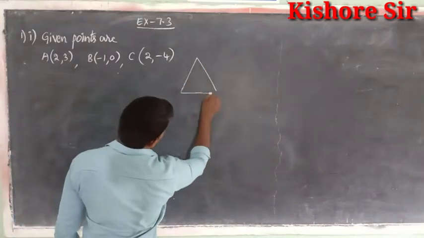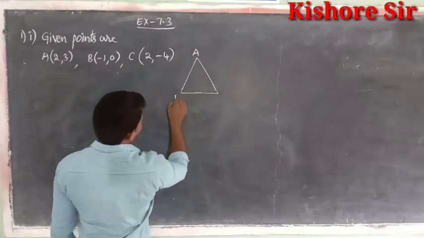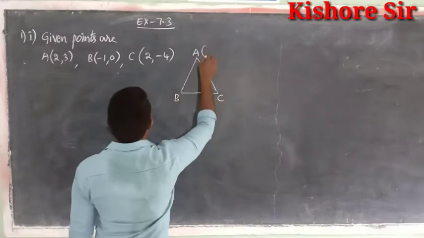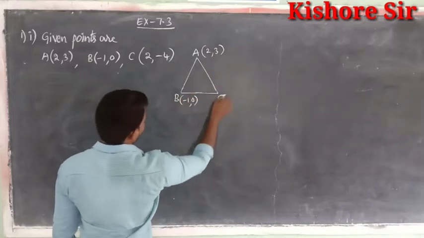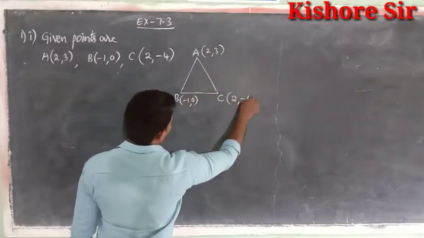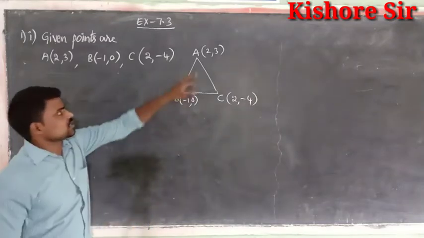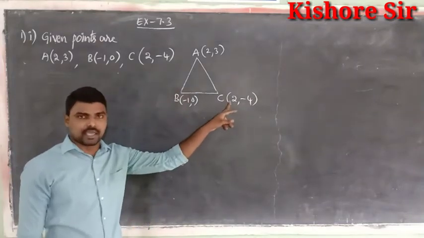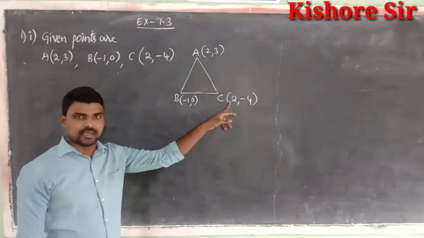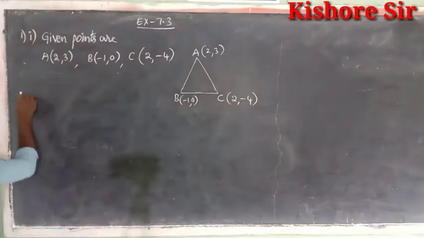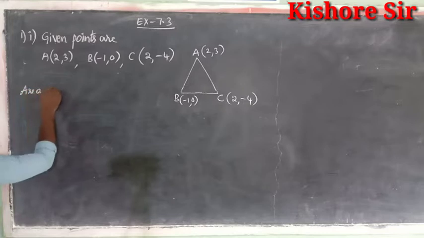So A, B, C are the vertices of the given triangle. These 3 are the vertices of the given triangle. We have to find area of the given triangle. Now write area of the triangle